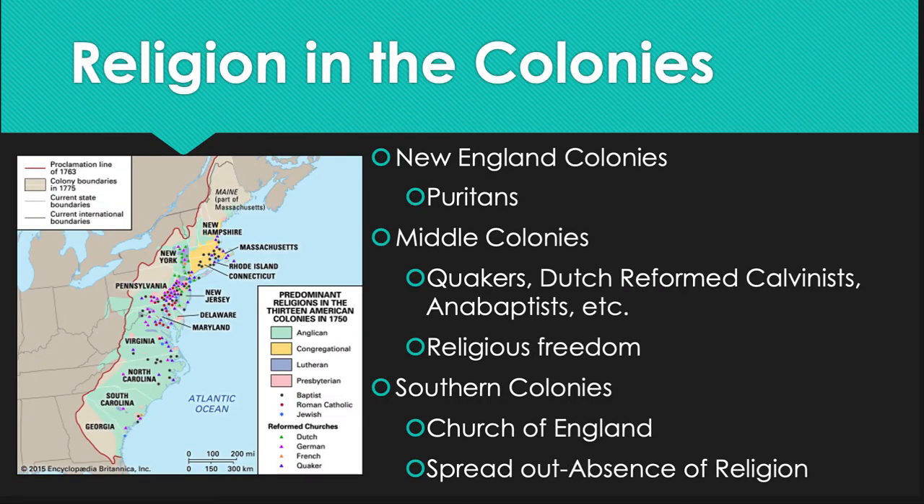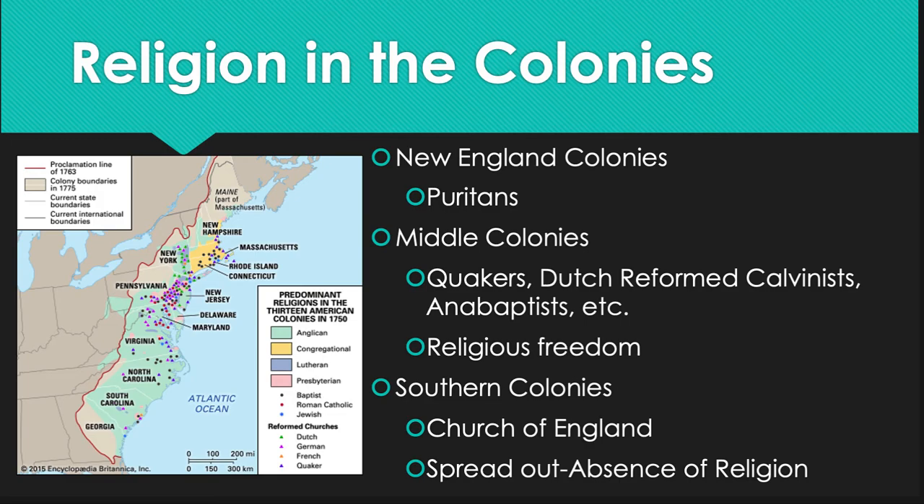Now, when we look at religion across the colonies, we are going to see that New England colonies are going to be known for the Puritans, who I was just talking about. The middle colonies are going to be the Quakers that you've heard before. They're going to be the Dutch Reformed Calvinists and the Anabaptists. The point in looking at these different religions to be seen in the middle colonies is to show that religious freedom. And in the southern colonies, you'll see the Church of England, but there really is an absence of religion